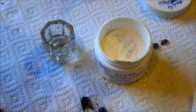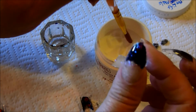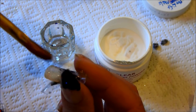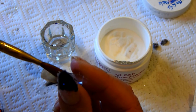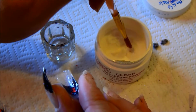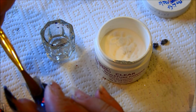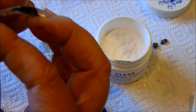If I could get that black piece of glitter off, that'd be even better, but I don't know how that got on there, but anyway. So, a nice bead on there. Squish it in there. Get it patted into place. Probably need a little bit more acrylic in there. So I just keep working it until I'm pretty happy with it, and then